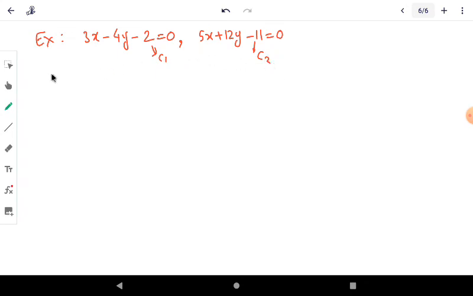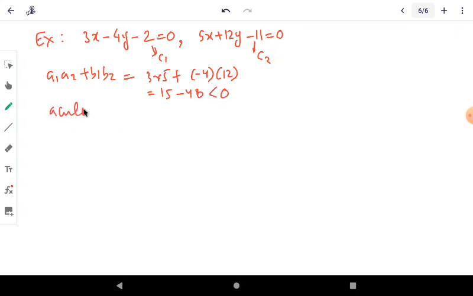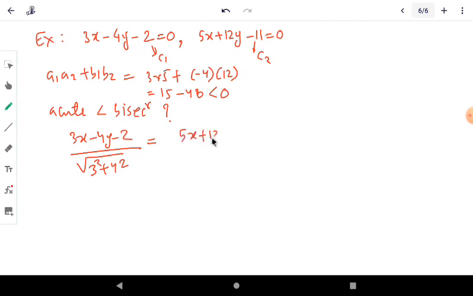So now a1 a2 plus b1 b2, if you calculate, it is 3 into 5 plus minus 4 into 12, so 15 minus 48 is negative. So for the acute angle bisector, L1, which is this, by under root, and L2, which is this, we will take which sign, guys? Plus or minus, upon under root